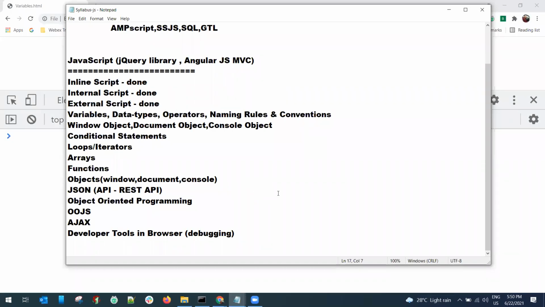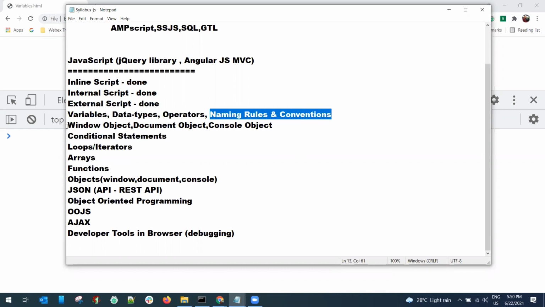So the next video will be on naming rules and conventions. What we have covered in this video is variables, data types, and the basics of operators. How to use them will be taught in the upcoming videos. When we use conditional statements, we'll know the conditional operators. The next video is specific and dedicated to naming rules and conventions.